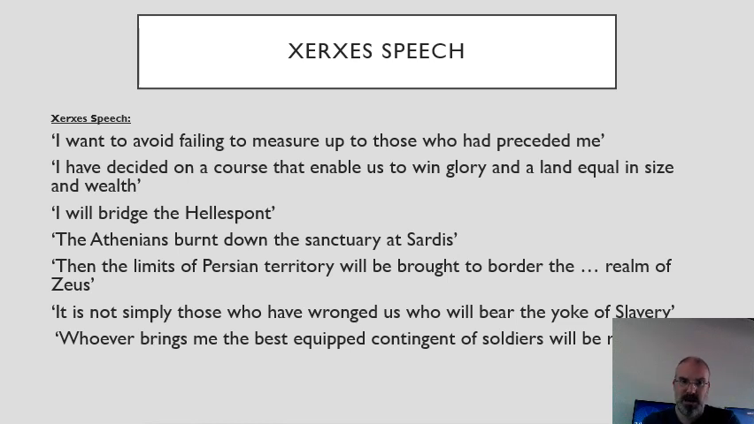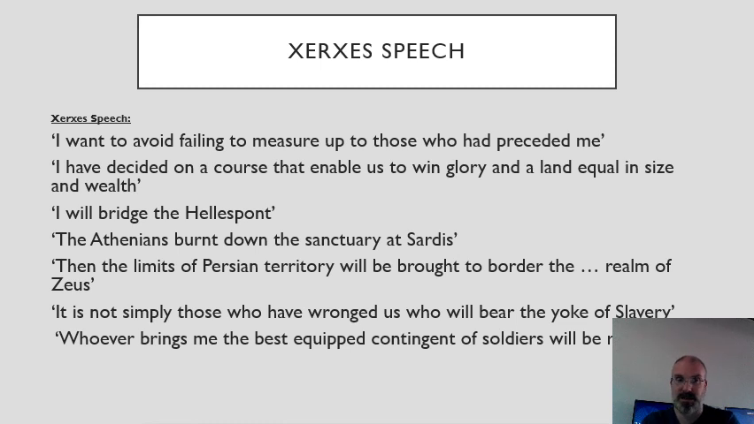He then goes on to point out that the Athenians burnt down the sanctuary at Sardis. Well, this is true, and it's not wrong, and Herodotus acknowledges, in a sense, that the Athenians should be punished for the hubris of burning down a god's sanctuary, even accidentally. And so Xerxes seems to have some sort of slightly positive, noble motivation, but really that drops away, and we